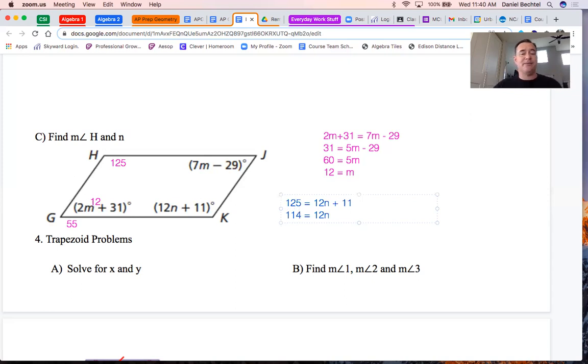I thought at some point in time they'd say, hey, this is going to work out really well. But nope, that's not what's going to happen here. So if 114 is going to equal 12N, then if I take 114 divided by 12, I'm going to get a number that is all too crazy. 114 divided by 12 is going to give me 9.5. Actually, wasn't that crazy. That is equal to N. And we have solved this problem as well. So that's a lot of stuff, but I think that gives us the ideas to what we need. And that should be enough for problem